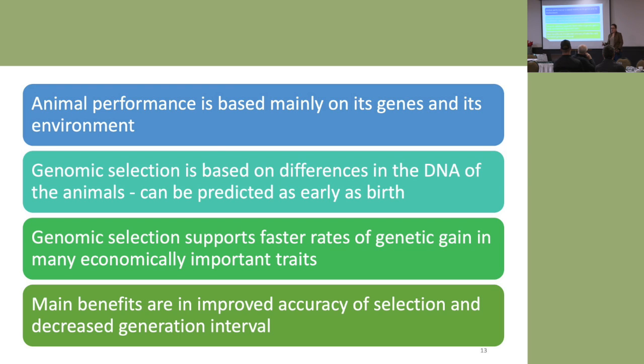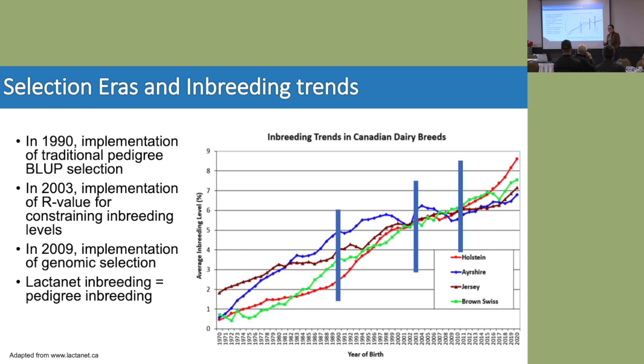Now, why on earth am I telling you all of this when I was supposed to talk about inbreeding? Because through these different selection patterns in the past, we've seen changes in the amount of inbreeding in our populations. And you guys know that, right? Who here is even worried about inbreeding? Who's not? Who says, come on, not a problem? Anybody? Okay. East Gen. Not a problem. Okay, cool. Then we've got some discussion points.